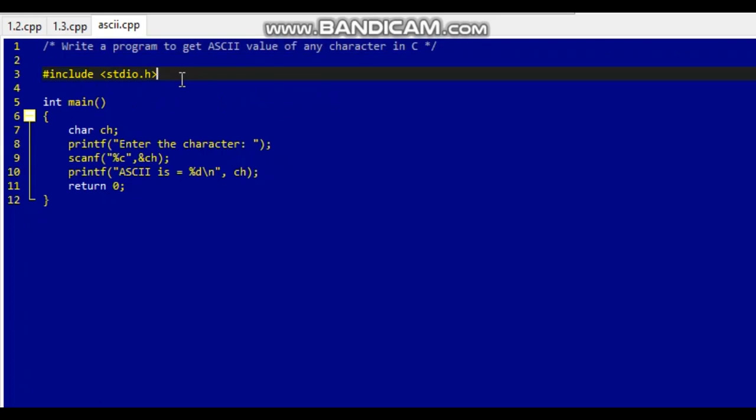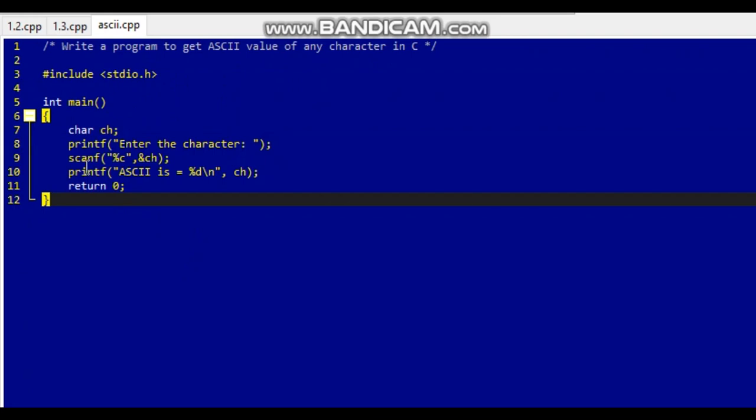So first we have to write #include stdio.h, that is the standard input output header file, then the main function, and in curly braces we are going to declare a character variable, that is ch.